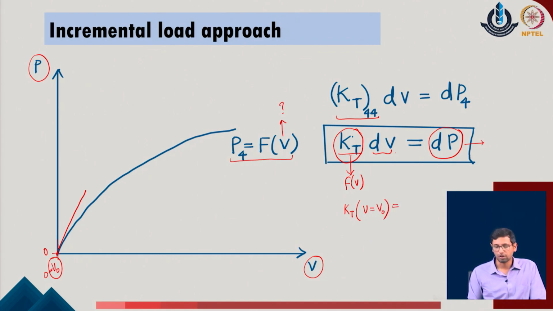And once we obtain this value, this could be considered as the tangent which can be drawn to the given curve and which is passing through the point V naught equal to 0 on the given system. If I draw this tangent, this is how the initial tangent appears in the given system. Now, in order to calculate the unknown value of the displacement, we come up with some initial increment in the load of the given problem. One must understand, as we are not trying to solve a problem in which kT is a constant parameter, I cannot take large steps in the analysis. I have to go with small steps in which the variation of the kT is not significantly different than the initially assumed constant variation of the given system.